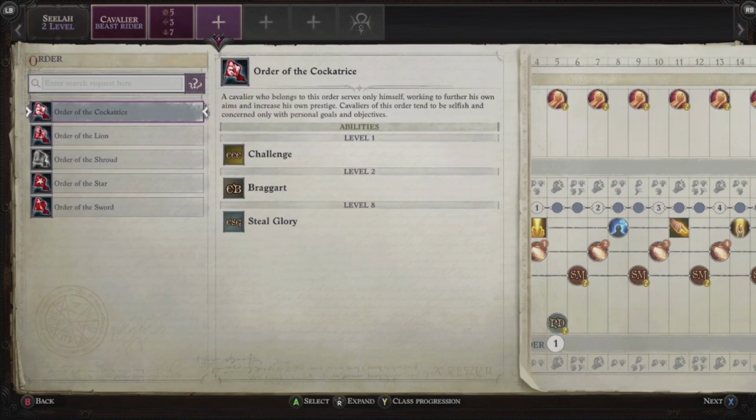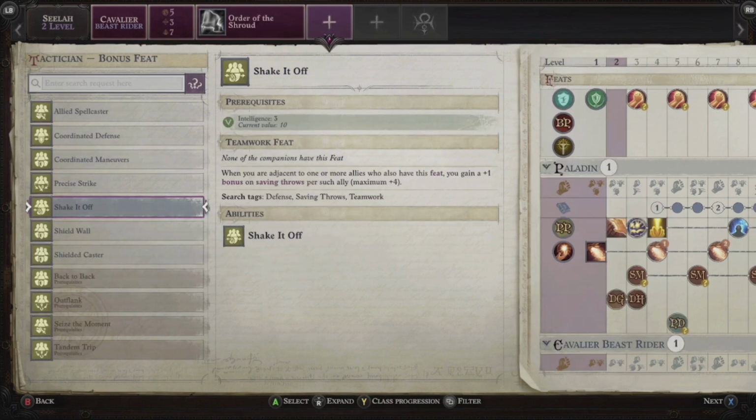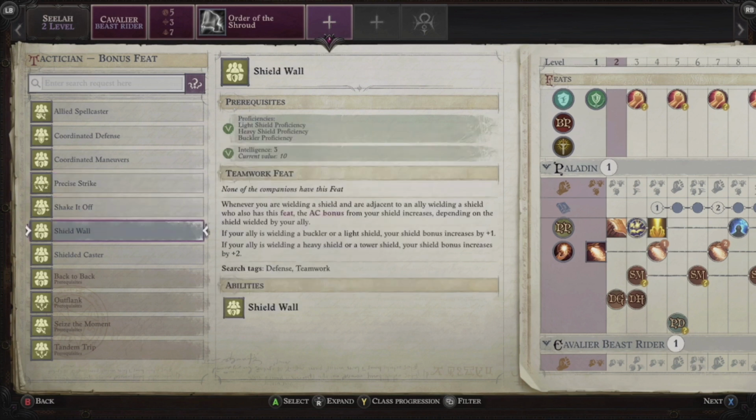So going on through the first tip and showing you how to do this level, we're going to take Order of the Shroud for all of them. I feel like you have 2 choices for this perk. Now this is another reason. Because you do this, every character gets a team perk. So you can give every character Precise Strike if you want more damage. Or you could do Shield Wall,